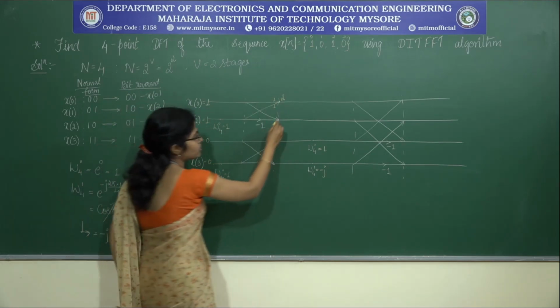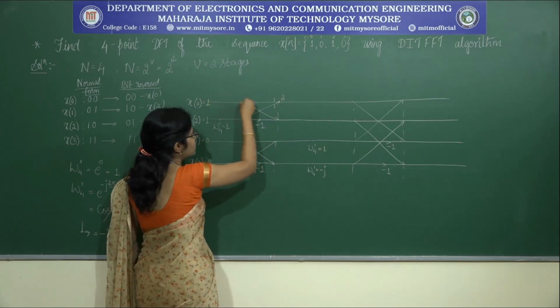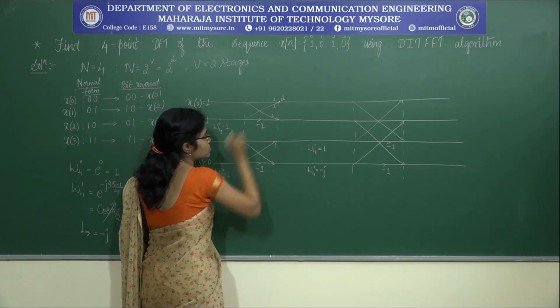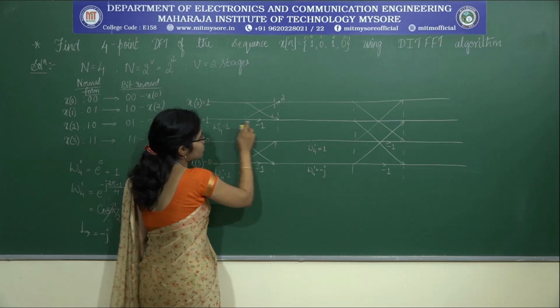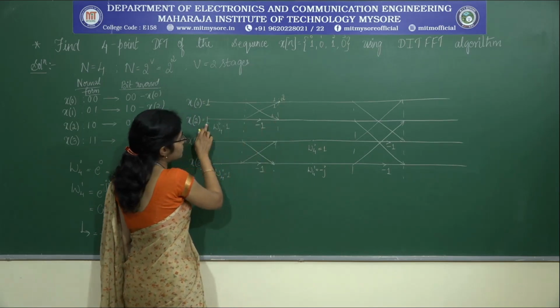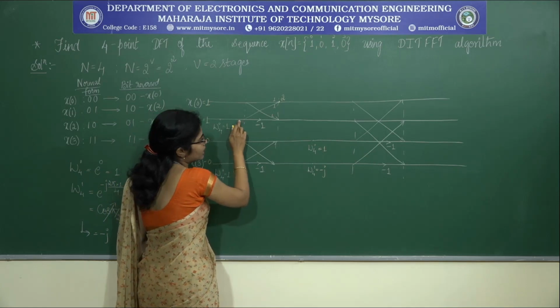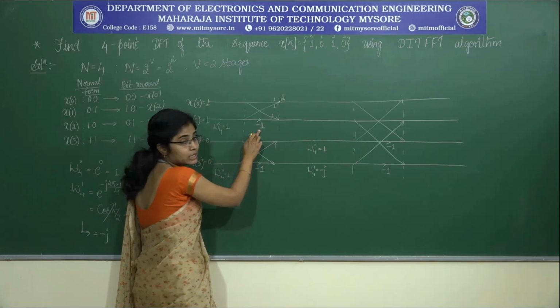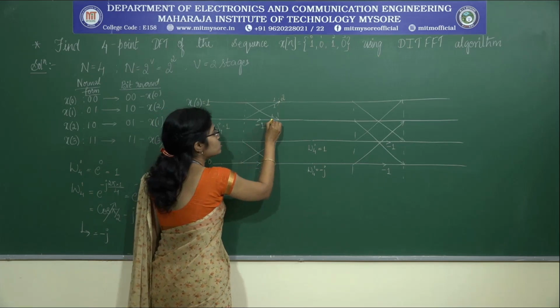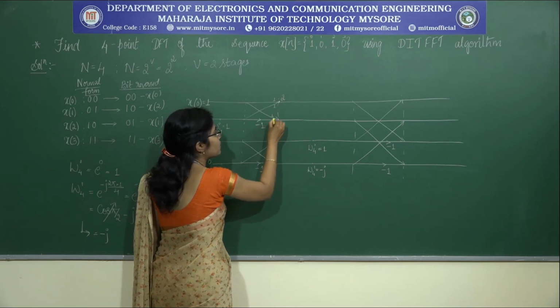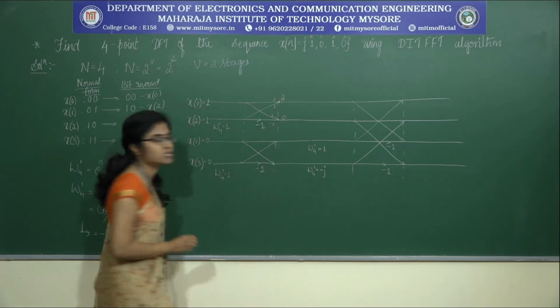Okay. Moving on to this point. From here you are getting signal, so here it is 1. Again here also you are getting signal. You have already multiplied these two, which gives you 1. So at this point it is 1. Again you traverse this path, multiply it with minus 1. So at this particular point it gives you minus 1. 1 minus 1 is 0.